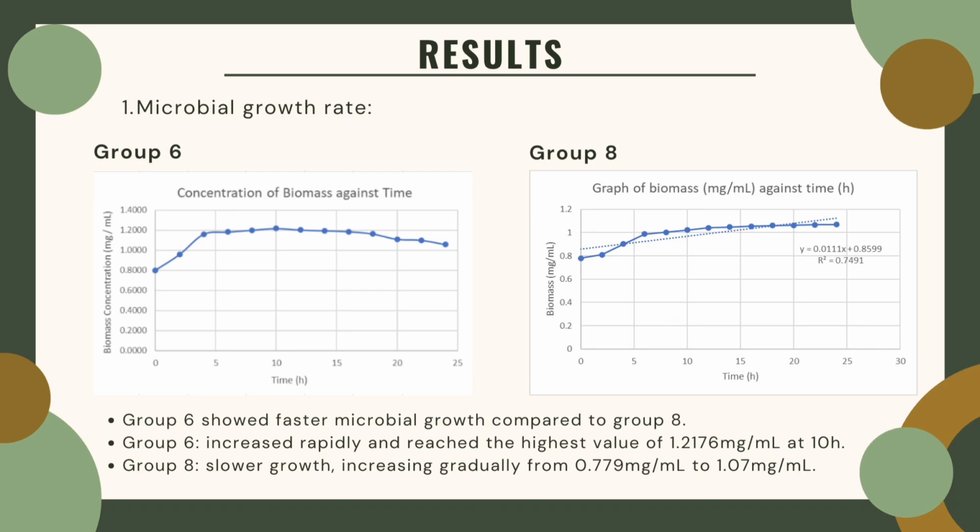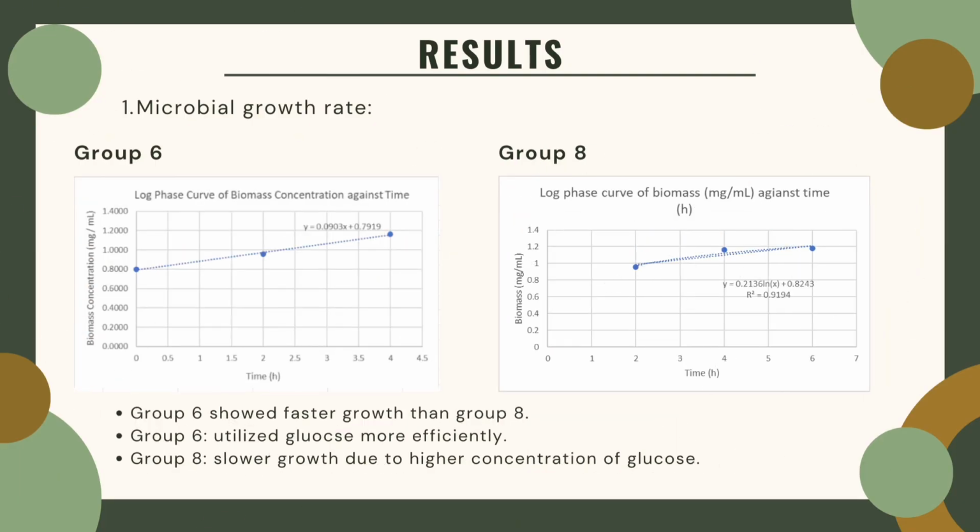The visual comparison highlights that Group 6 achieved faster growth compared to Group 8. Next, this graph illustrates the log phase curve of biomass concentration against time. Group 6 showed a faster increase in biomass concentration, while Group 8 increased more slowly. The plotted equations confirm that Group 6 utilized glucose more efficiently, while Group 8 shows lower growth due to the